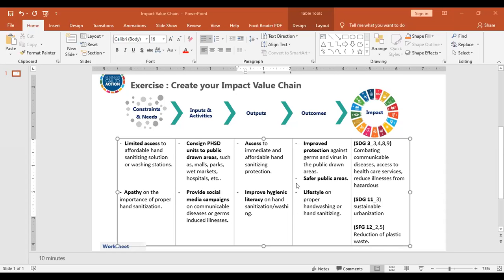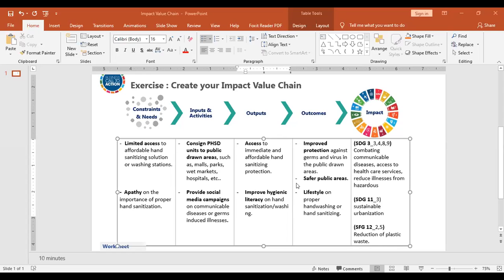So upon reading the SDGs, initially for the hand sanitizer, not really 100%, ma'am, but I think it's SDG 3, wherein we're combating communicable diseases, providing access to healthcare services, and reducing illnesses from hazardous chemicals.